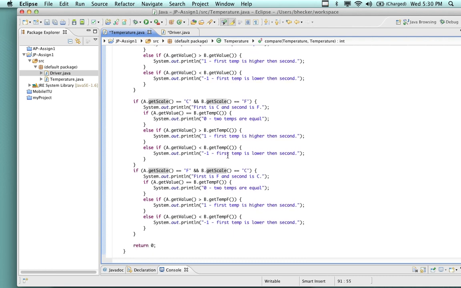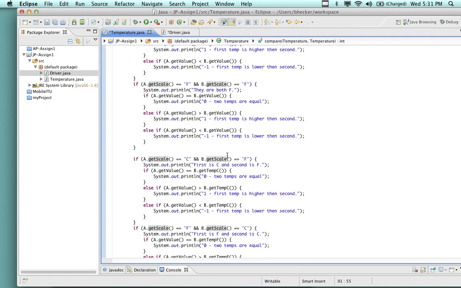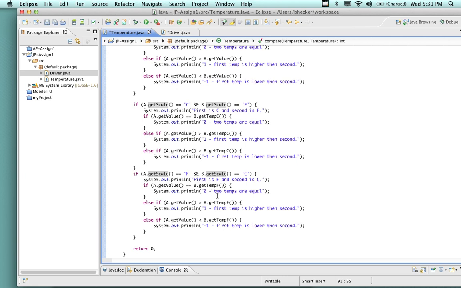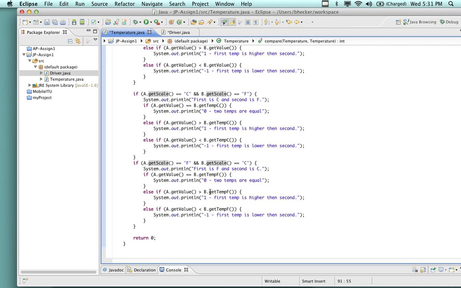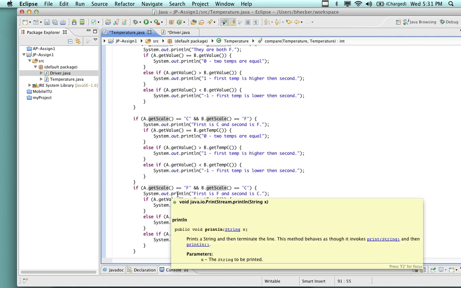You probably could come up with an easier way of doing this. I just did this because it's simple. It shows you all the get scales and the get temperature. In here you might notice we're getting the temperature F and comparing. So down here, the interesting part is not only are we using the setters and the getters, we're also reusing,